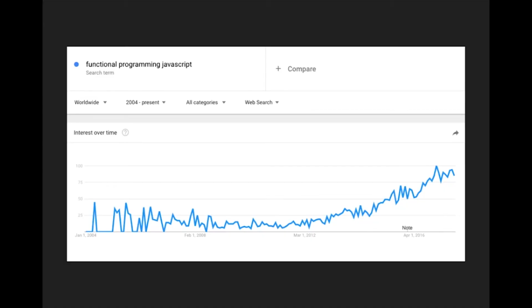JavaScript has a lot of functional programming elements in it, a lot of functional programming concepts. What's more, there are new frameworks and libraries, such as NGRX, which Todd talked about, that are very much invested into functional programming, and they borrow a lot of ideas from that world.